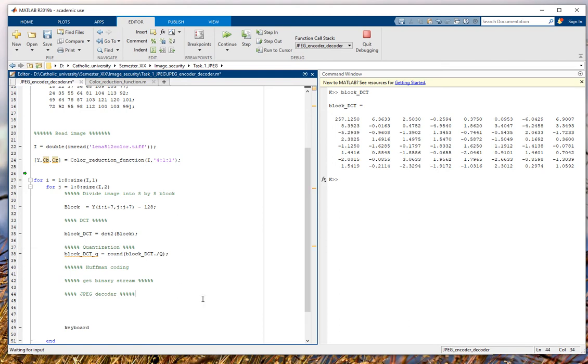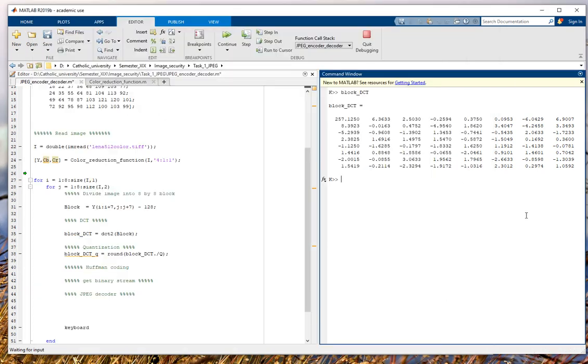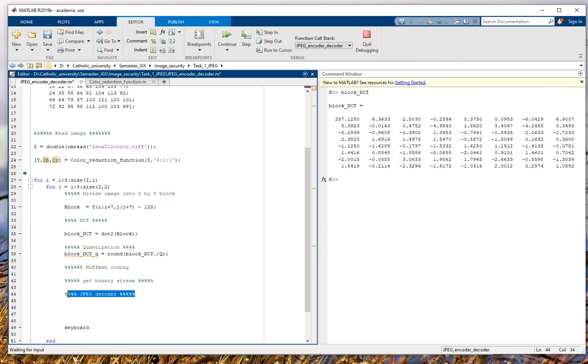Where is the one problem here? In order to process the JPEG decoder, I am supposed to process CB and CR after processing Y. So I cannot even start doing those processes without taking into consideration the chrominance components, the color components, CB and CR. So in order to do that, here I will save